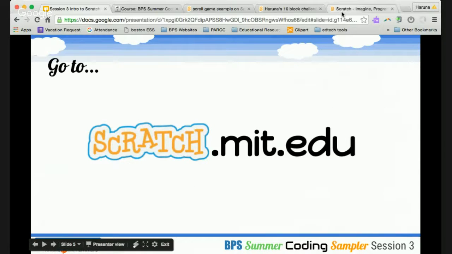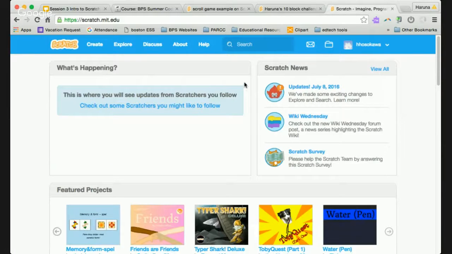So Scratch is at scratch.mit.edu. This is where you will land. And I've already logged in as myself. If you don't already have an account, don't worry about it. You'll just see a sign in or create account option here. You can create an account, and